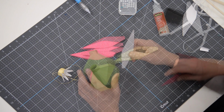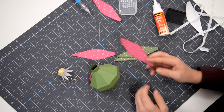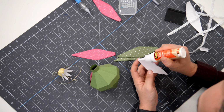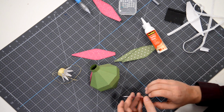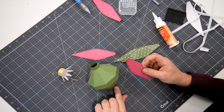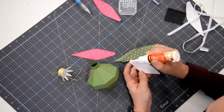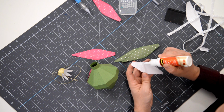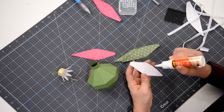Okay, so, all right, we're going to start with a pink piece here. And we're going to put our glue about 1/3 of the way down. Essentially what we want to do is just make sure that we have glue for these sections here. We're not worried about the middle at all. So I'm going to go down about this far, and then you could technically just put glue on the whole